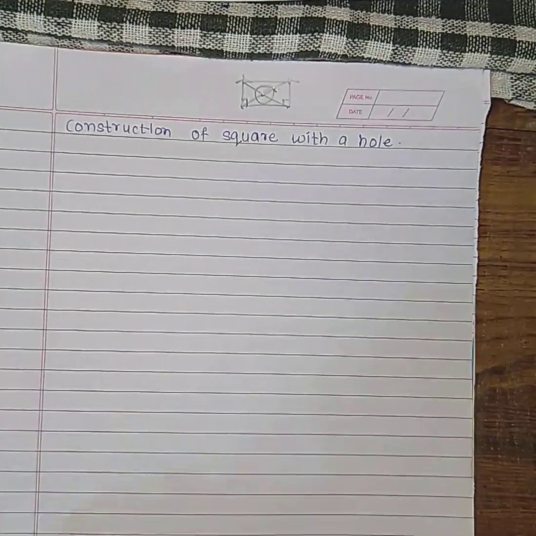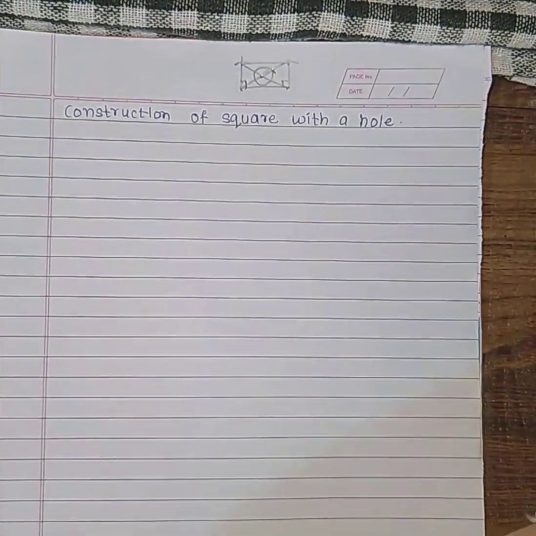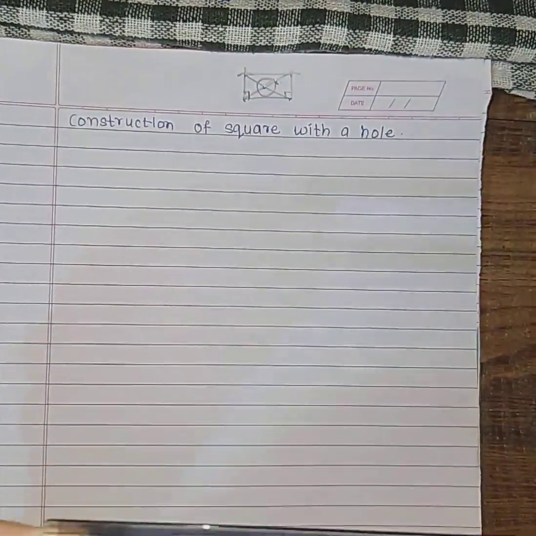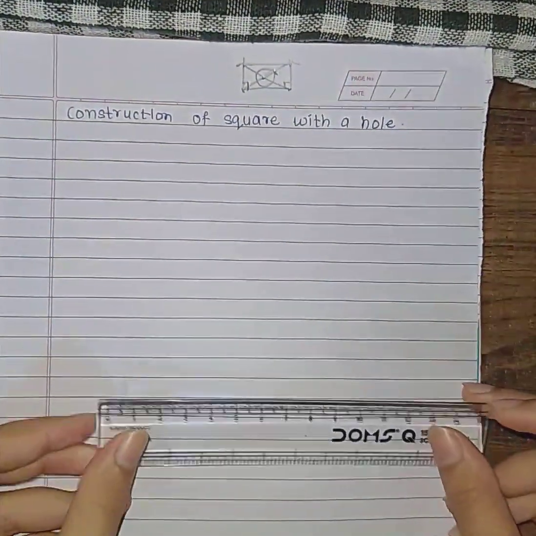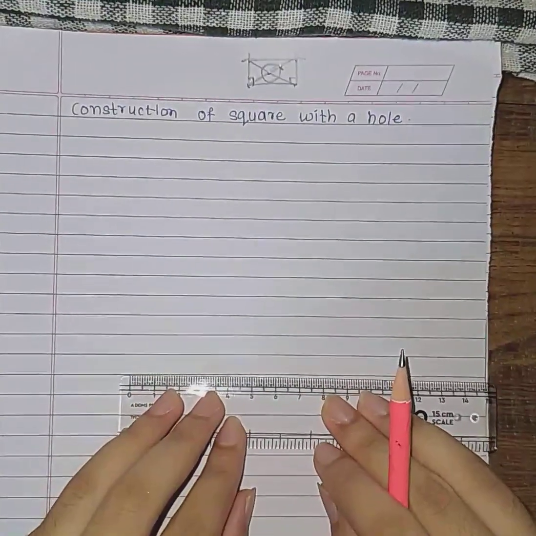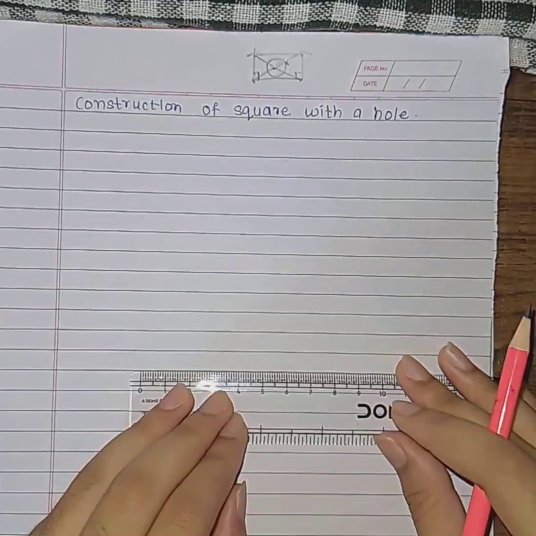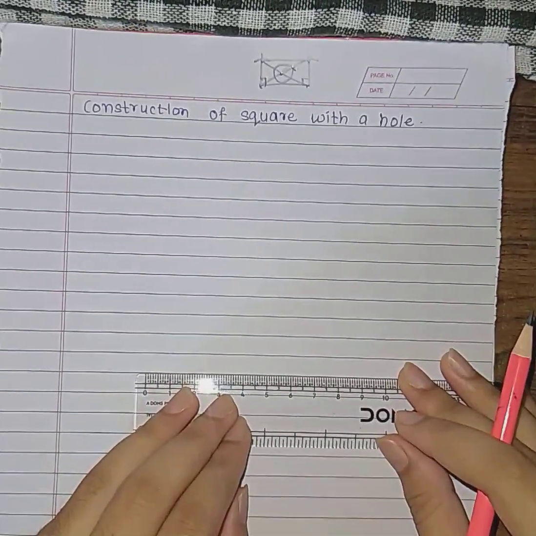So now let's start the construction. So I'm going to make a square of side 6 centimeter. First let's draw the base segment. When you draw